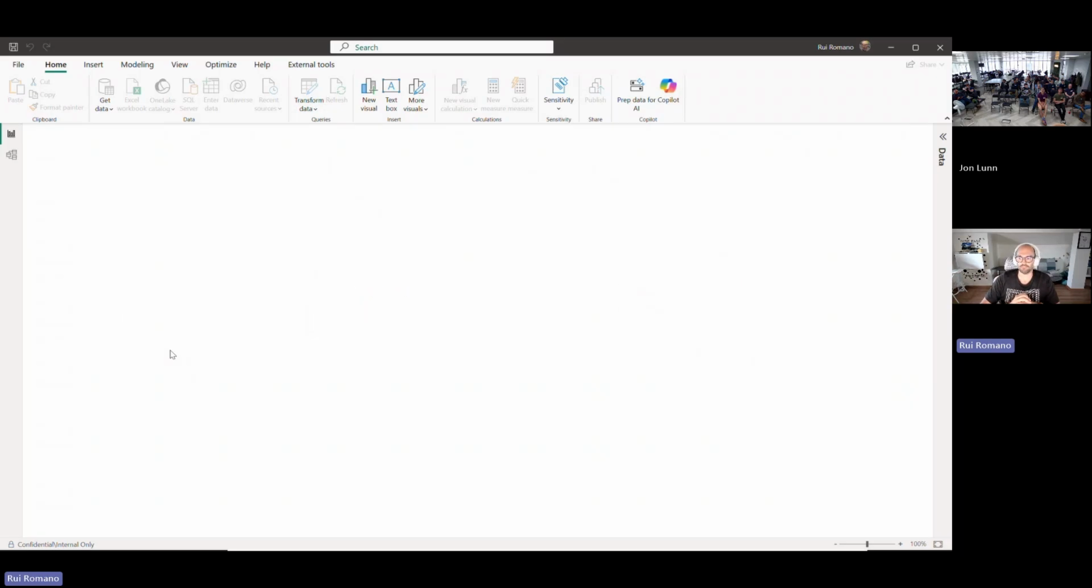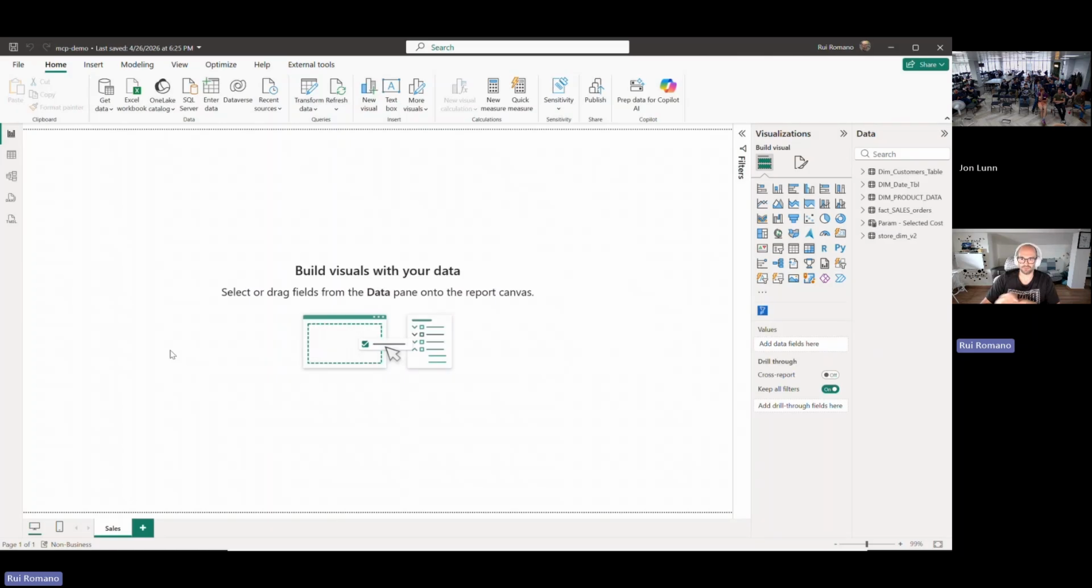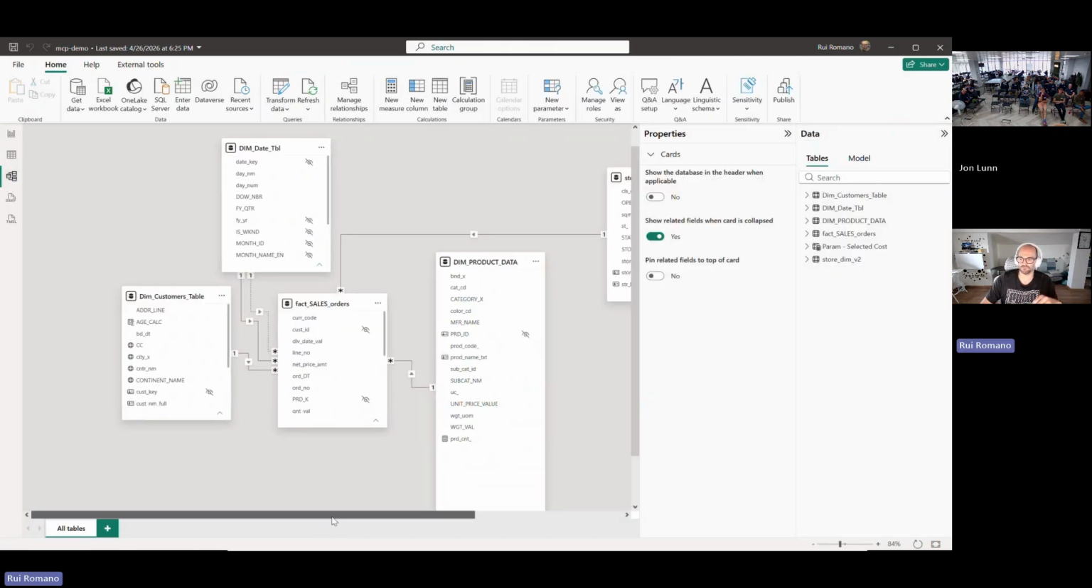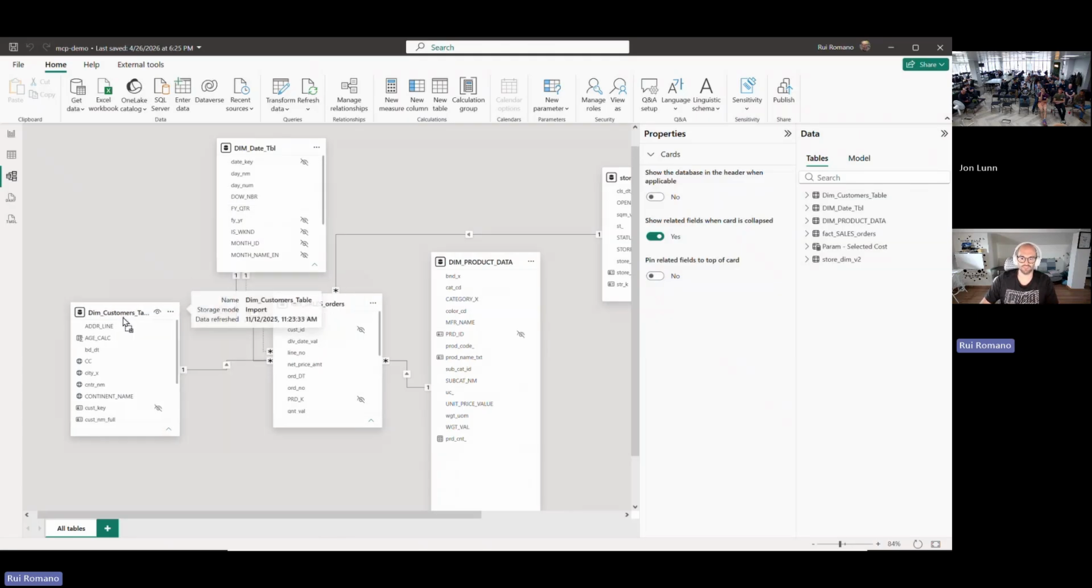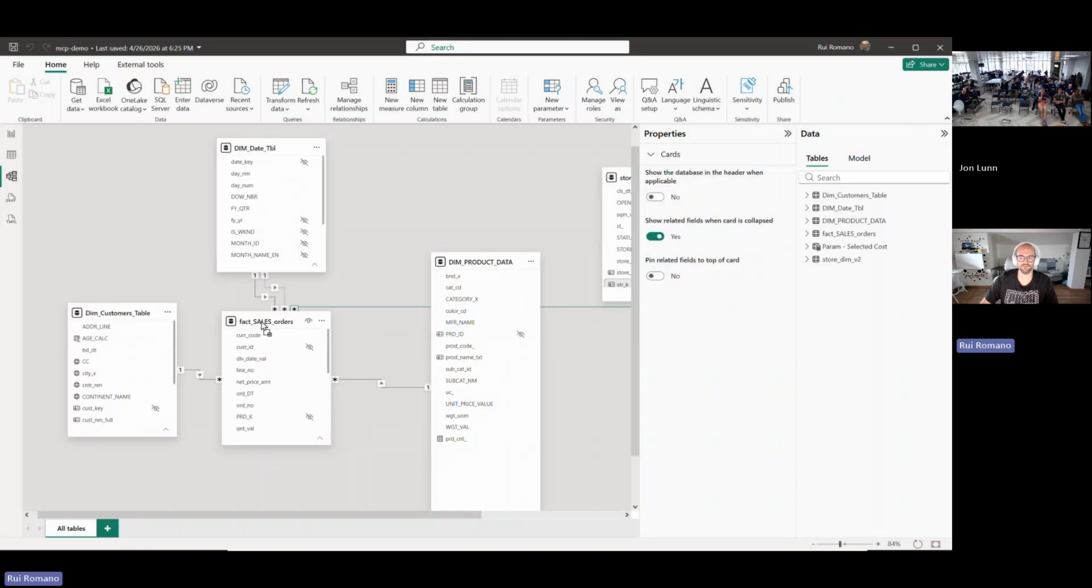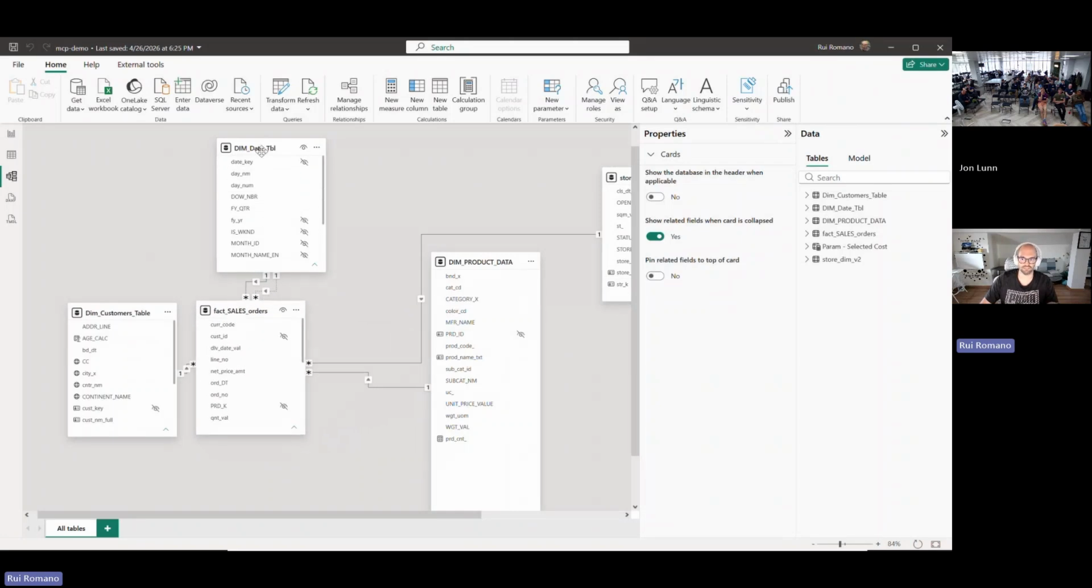I'm going to do a demo with Power BI Desktop. So I have a PBIX. It's not even a PBIP. It has a semantic model that I inherited, and the naming convention is really, really bad. So my task is to